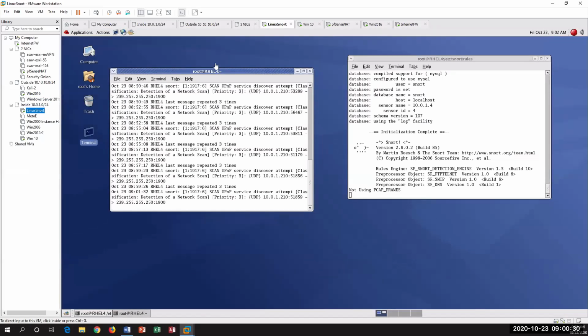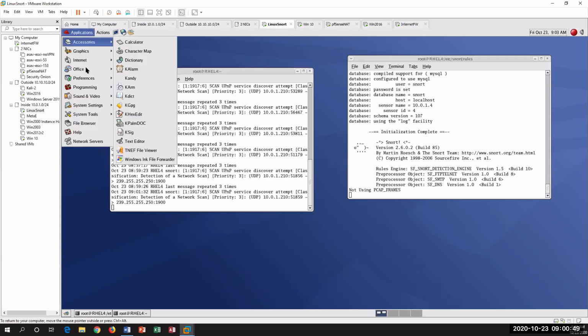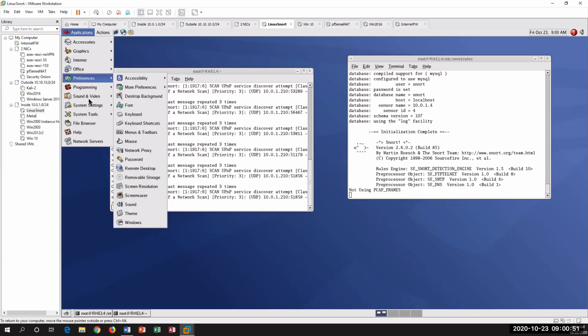The Linux Snort box: once you log in as root, you're going to log in using the password. The password has been documented in week 1 for all the virtual boxes, if you need to go back and review it. The first part of the exercise, we have to click on the Red Hat and go to the